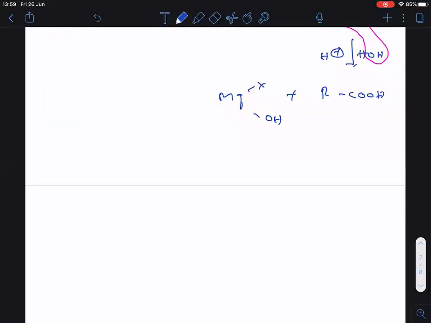Completed. Now here is one question I want to discuss. Here I am taking bromine and here I am taking the NO2. When this is treated with magnesium, a compound A is formed. Clear? This one, when treated with CO2 followed by acidic hydrolysis, then a compound B is formed. Identify A and B.